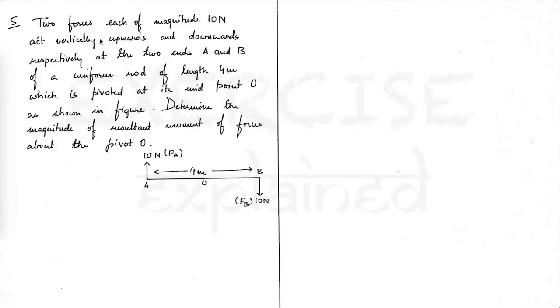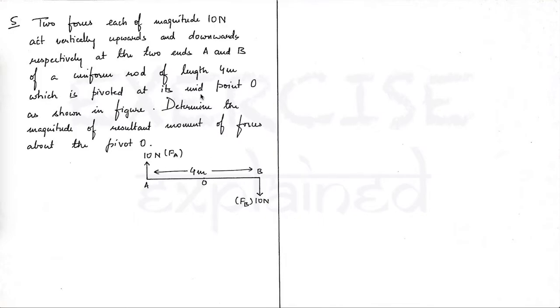Two forces, each of magnitude 10 Newton, act vertically upwards and downwards respectively. So one force is acting upward, another force is acting downwards at the two ends A and B of a uniform rod of length 4 meter. So there's a rod AB, as you can see in the figure here. There are two forces of 10 Newton each. One is acting upwards from A and another one is acting downwards from B,